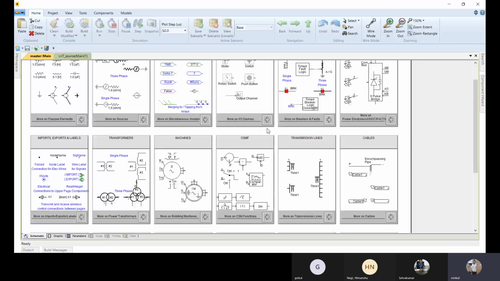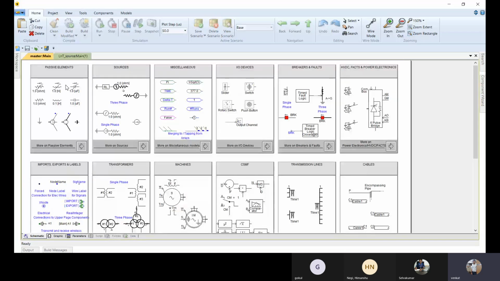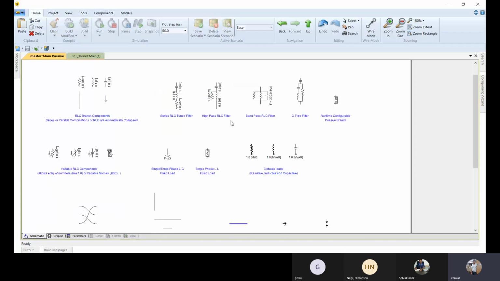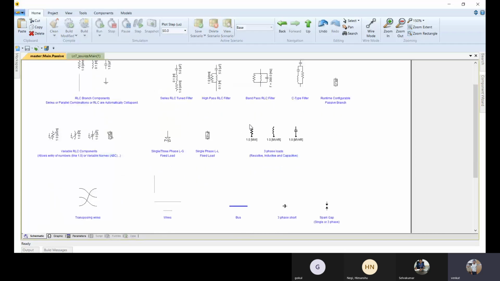Here you can see there is something called passive elements. When we go inside this, you can see passive elements, just like resistor, capacitor and inductor components. There is a library they have developed and kept inside. If you want to keep some load, there is something called a fixed load, which you can take from the library.